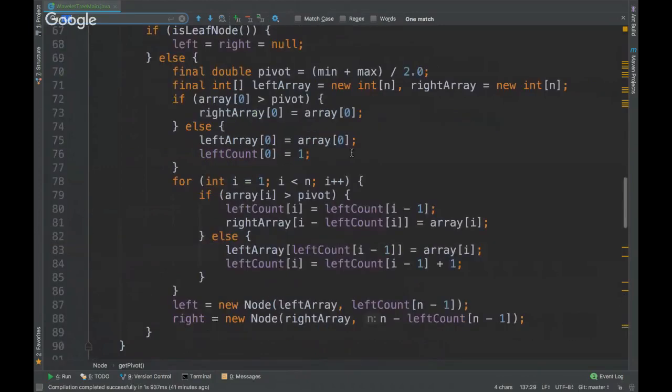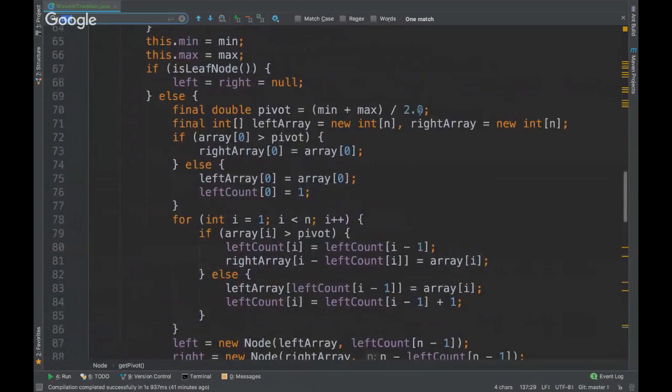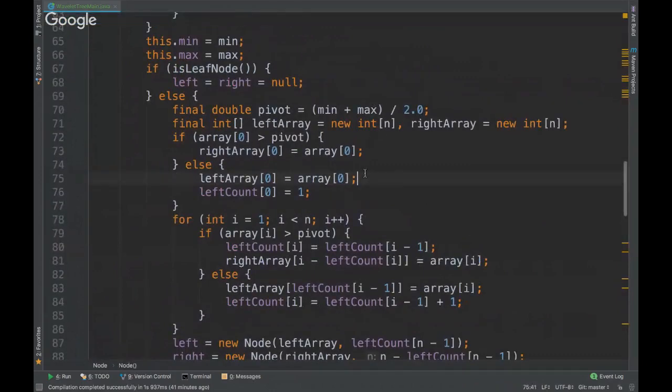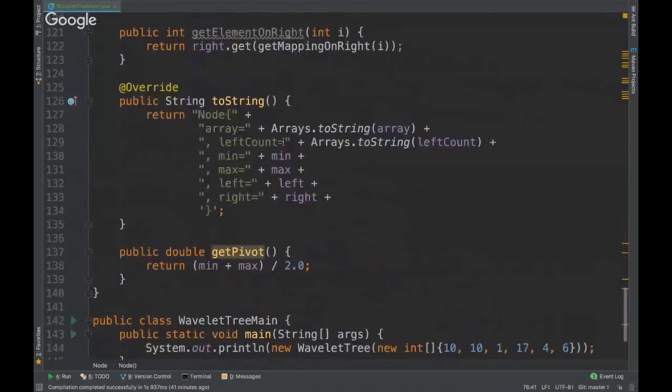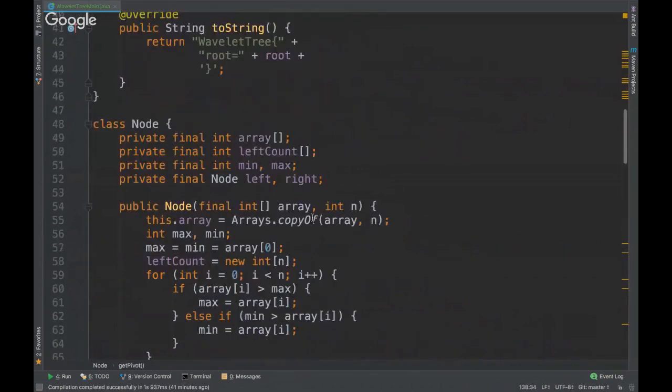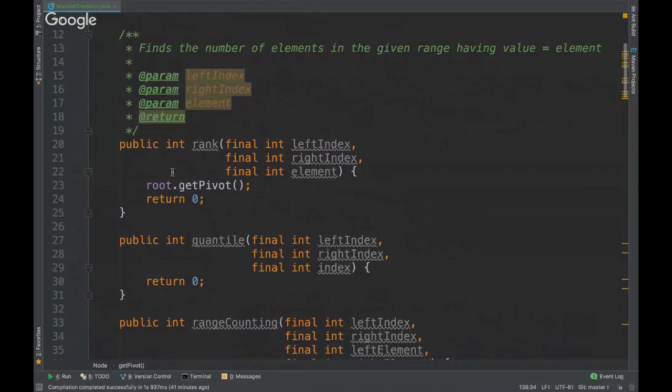Okay, min plus max. All right. So I'm going to take the pivot by taking the min plus max divided by 2. So that's the middle of the range of elements that we have. All right. So this is the pivot